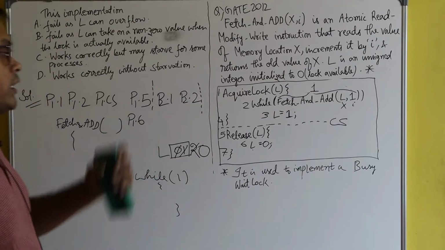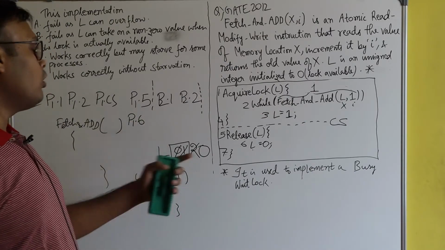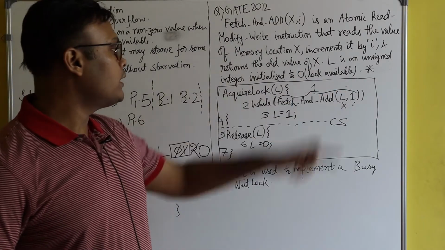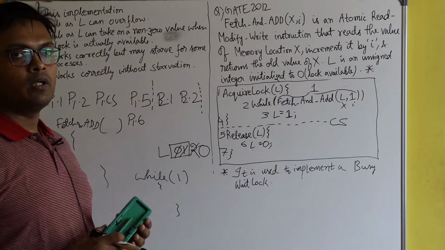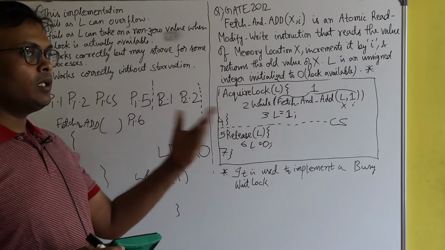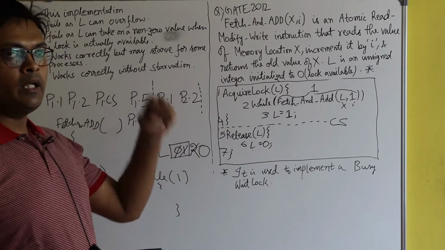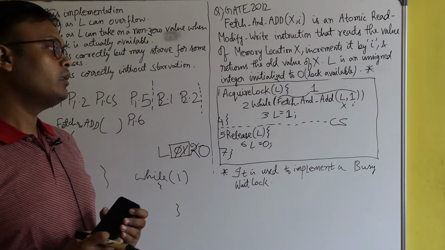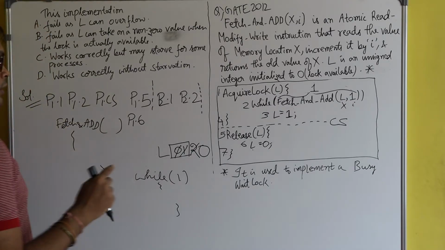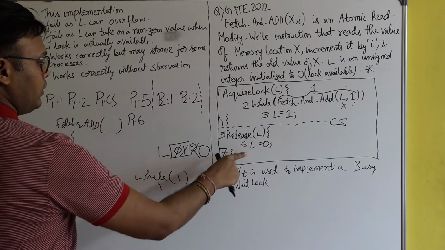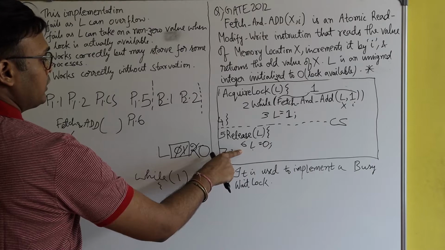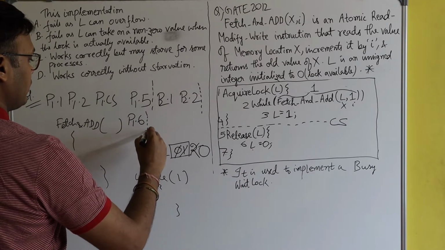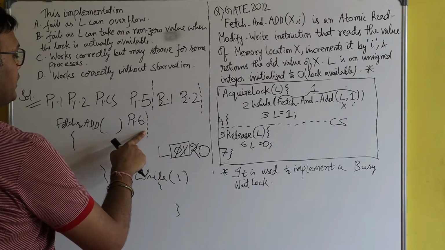Okay. Since process P1 has made the lock 0, it means what? Lock is available. Lock available means the other process can acquire the lock and get entry inside the critical section. But will it happen? Just see here. Suppose after the execution of line number 6, again there is a preemption at this point.